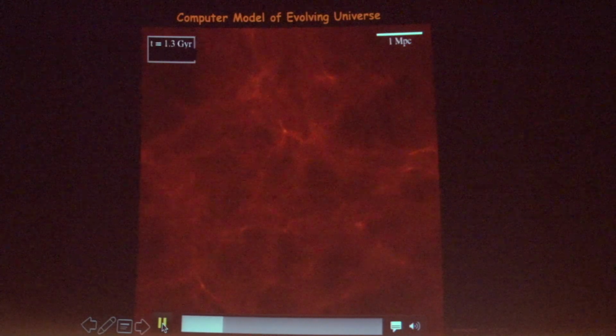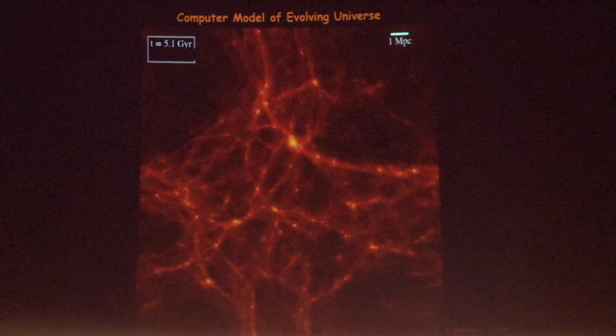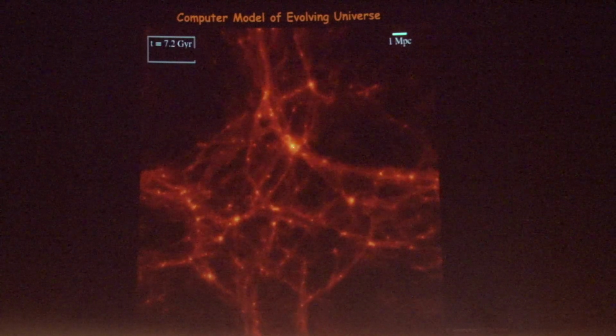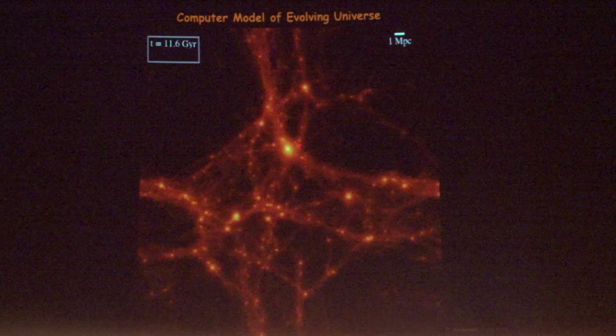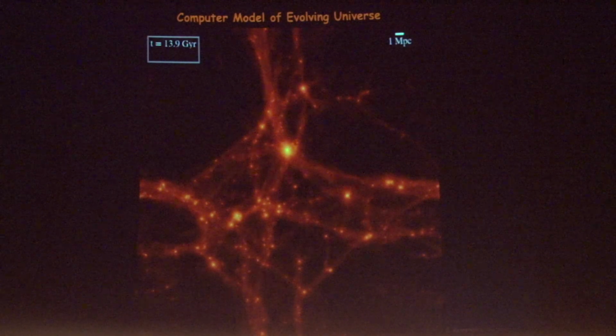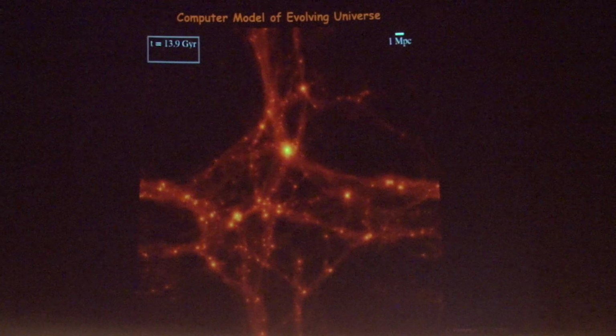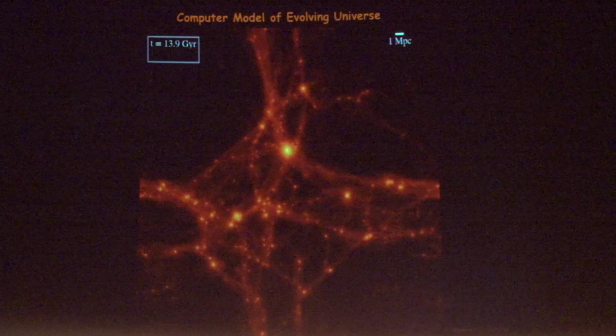Bingo. So you'll see the micro fluctuations that you didn't even see because of the homogeneity. In fact, they start to grow. And here was one of the biggest ones. Notice how its increased gravity continues to attract things to it. So you end up here, 14 billion years later, with what we call the cosmic web.